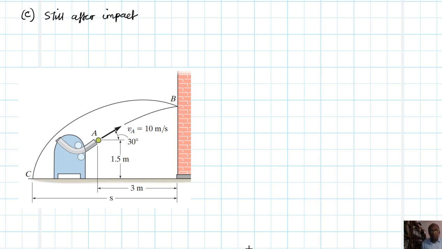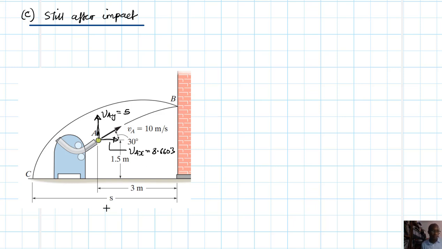Okay, still after impact. So what we need to do here is we're being asked to find this. So we've calculated this. If you remember, this is our VAY, and it's equal to 5, and this one is our VAX. Remember, if you've forgotten how we calculated this VAX, it was equal to